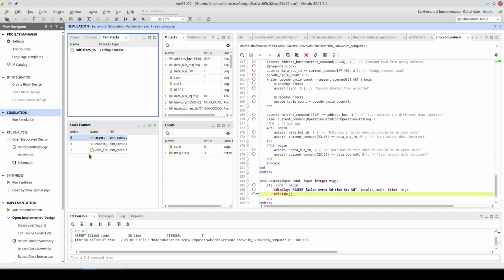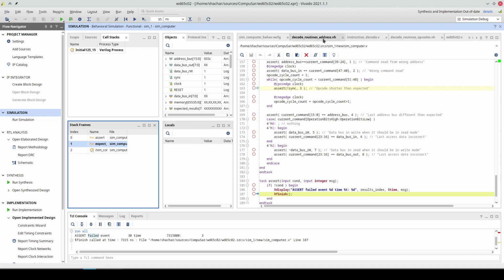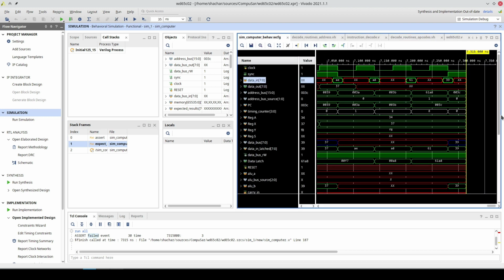And if we use the call stack, we see that the failure is here, opcode shorter than expected. If we go to the test bench, we see that it actually carried out our instruction in full, but then it started the next instruction and our test bench said, well, sync shouldn't have come up for one more cycle. And that failed the test.